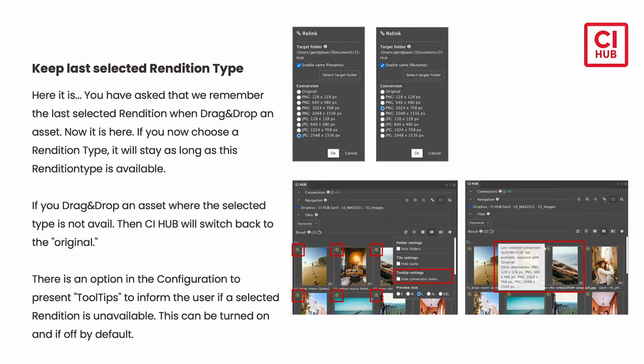we implemented a functionality that you can set that you want to use a certain rendition, let's say a low-res rendition, and whenever you drag and drop an asset into your layer or into your frame in InDesign, this exact rendition will be used. So in the previous version, you could select a rendition and then drag it, and it would automatically jump back to the original version. So now, as long as that rendition type is available, when you drag and drop, it will stay with that